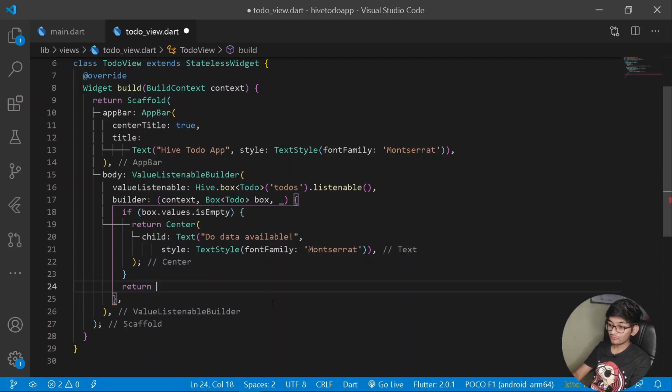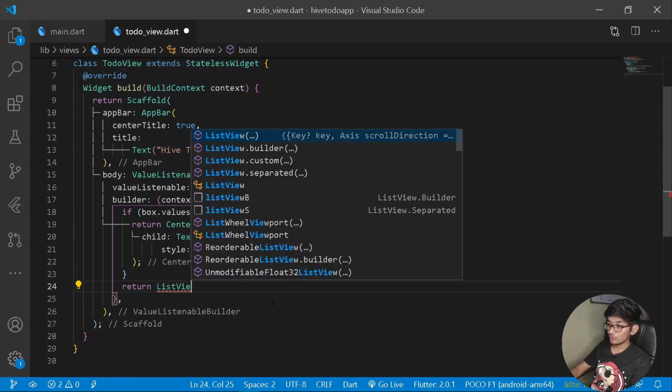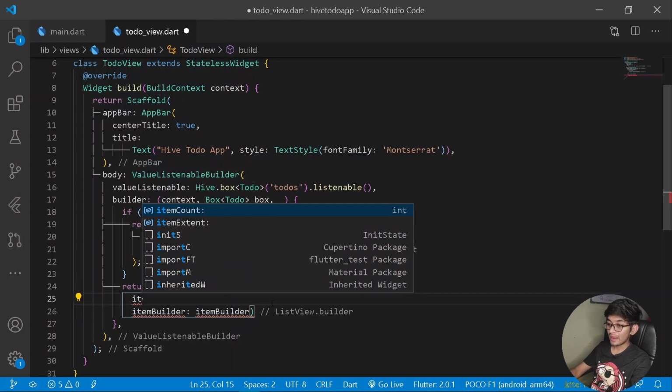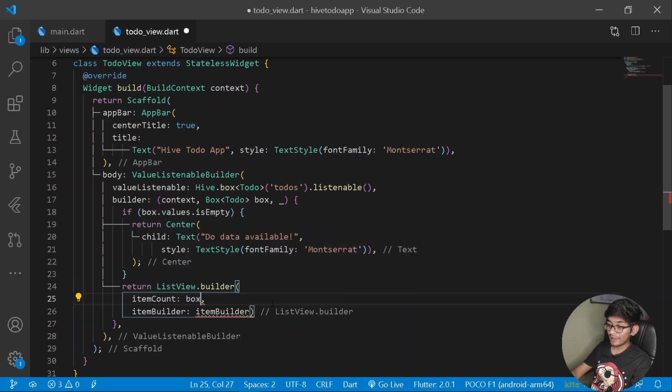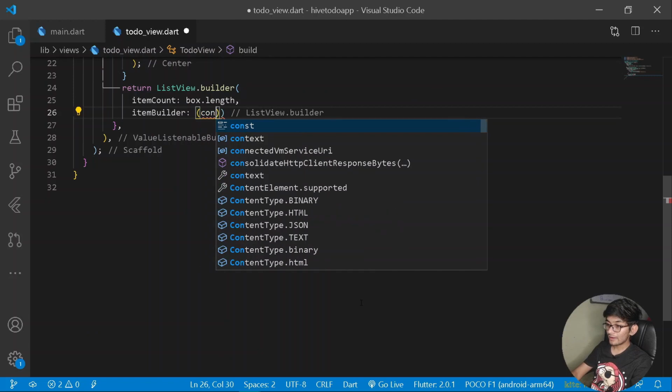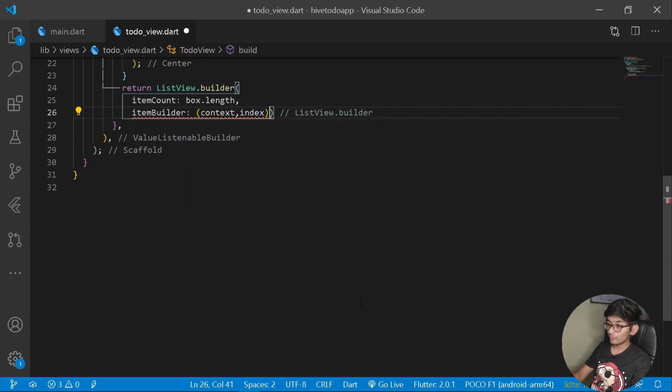After having our if condition, let's return the entire data if we have our data. So under a case of this I will be having a new list view builder, and under a case of list view builder, first of all it will be requiring an item count. So for that purpose I can simply say box dot length just like this, and under a case of item builder, alright, let's go down, it will be requiring a new context and also a new index.